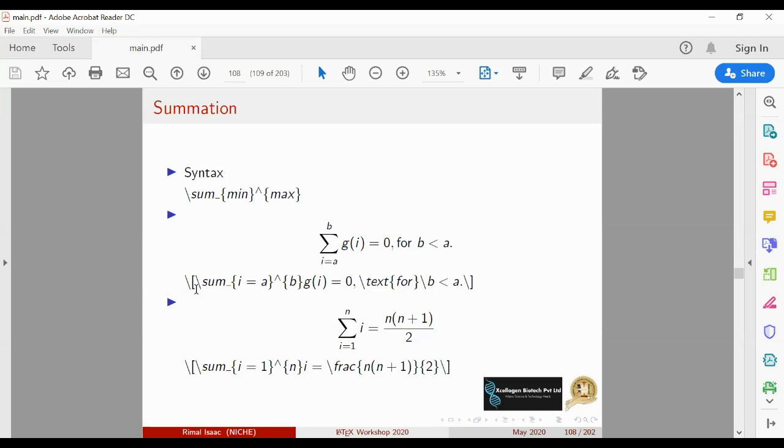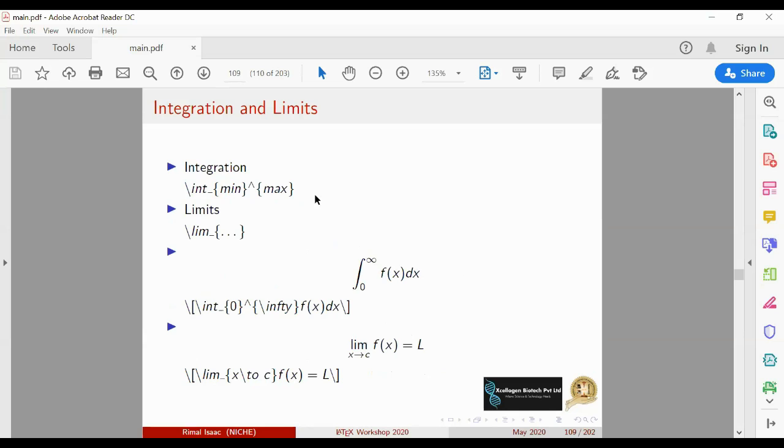So summation underscore, open the bracket, i equal to a will come below the summation, and if you put the above symbol and b, that will come above the summation. This is the way you can put the summation. I will try to cover the maximum symbols you will be using in your document.